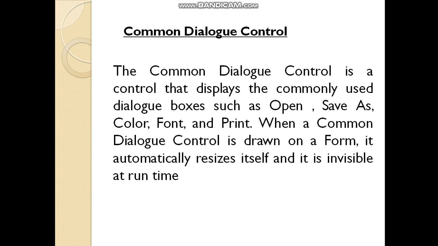It displays the commonly used dialog boxes such as open, print, font, which are standard in applications like Word, Excel, PowerPoint. With its help, we can open such dialog boxes in our application.